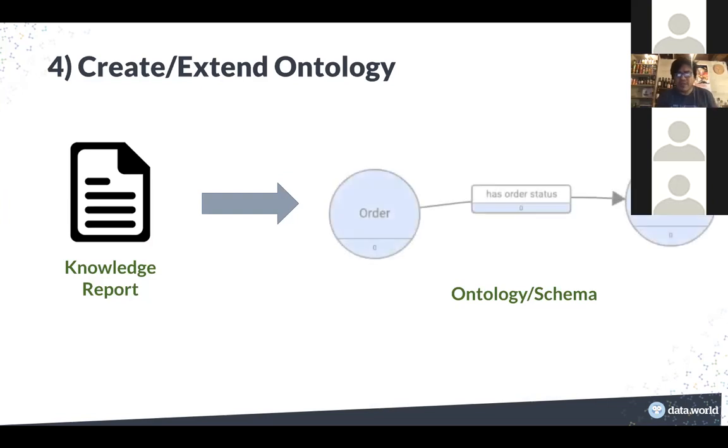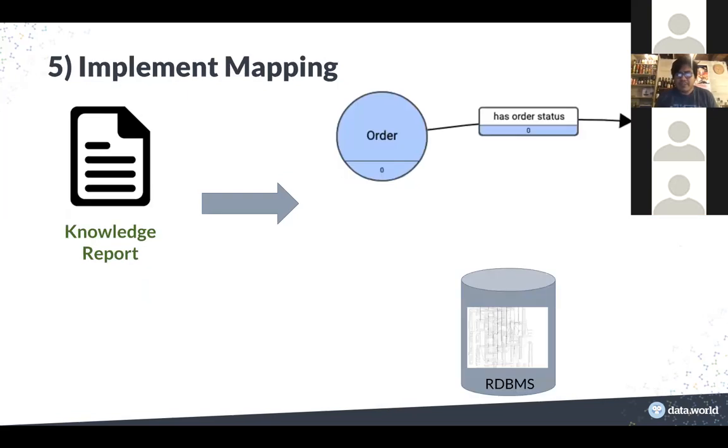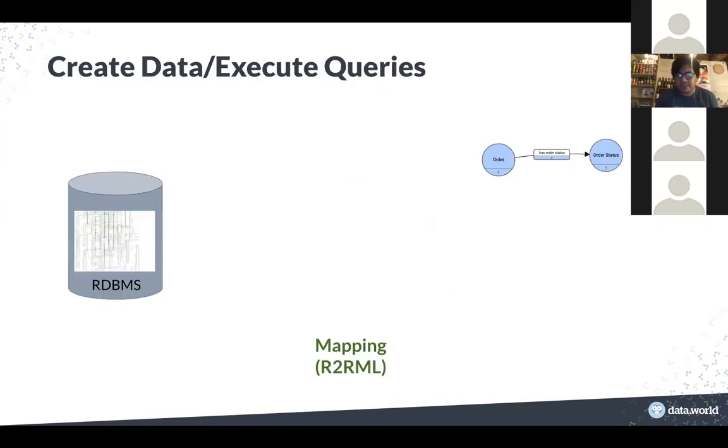You say, okay, what is my schema? Let's draw out my schema. I've defined it. How do I create the mappings? Well, I've defined the query for every single mapping in here. I can just implement these mappings. I can then execute these queries and generate the data now in the graph.